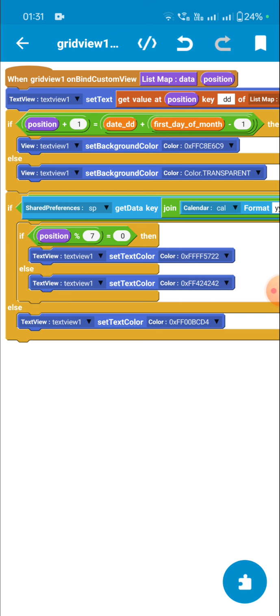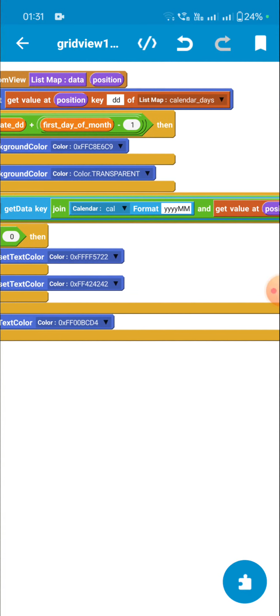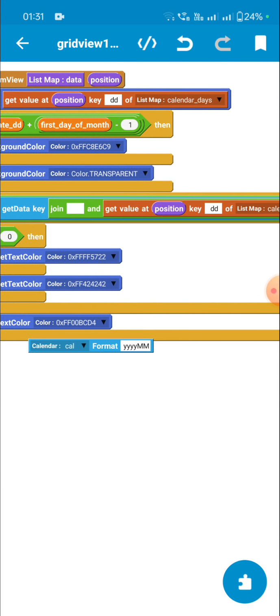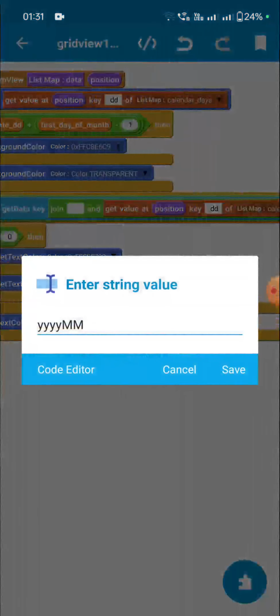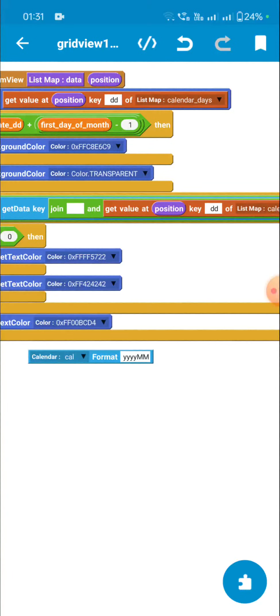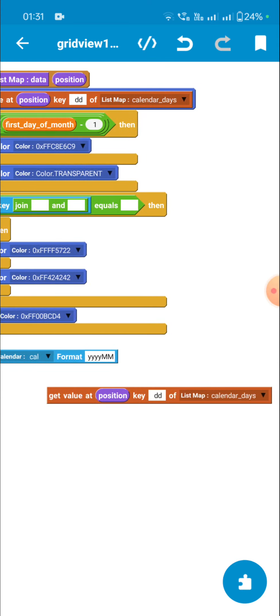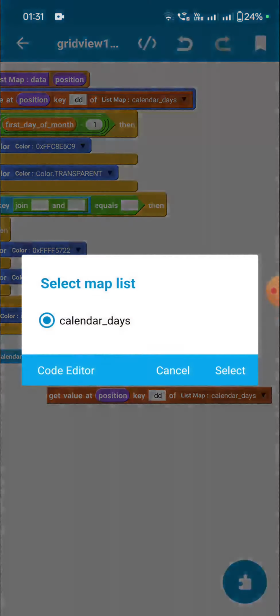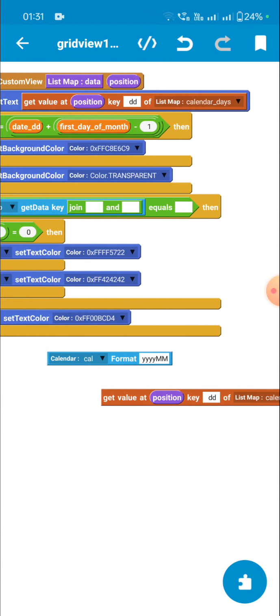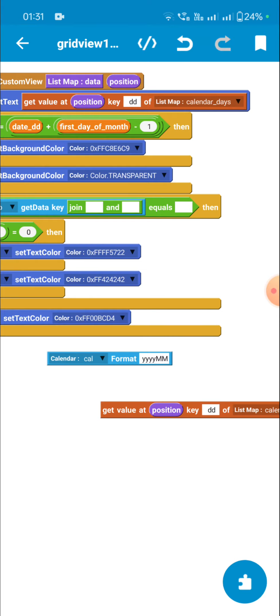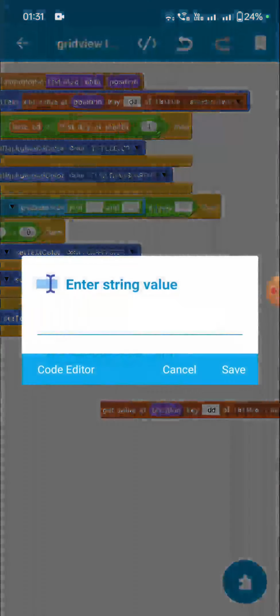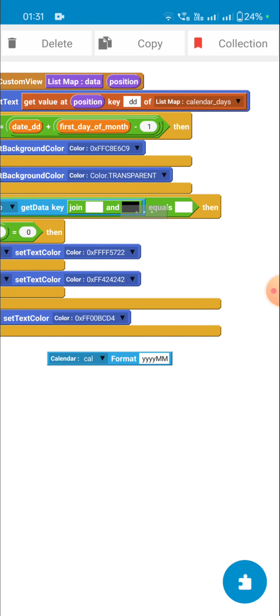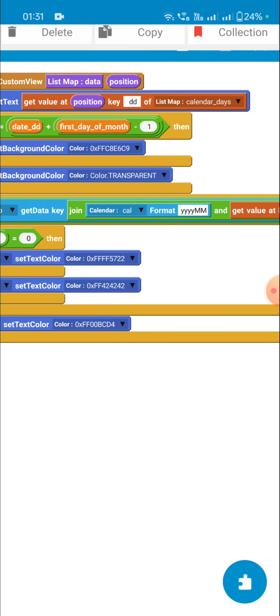And if something is saved at that position, if shared preferences get data key join calendar format YYYYMM, and in place of D, I have used this get value at position key DD of list map calendar_days. So this will give me the D for this. So I join these two, and if these two are equal to empty, okay, if the value is empty,